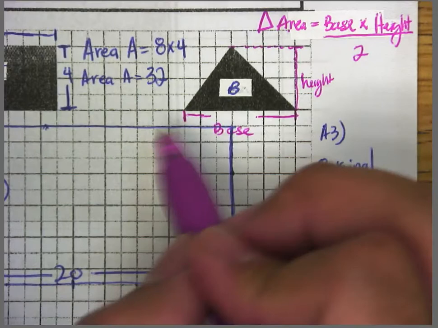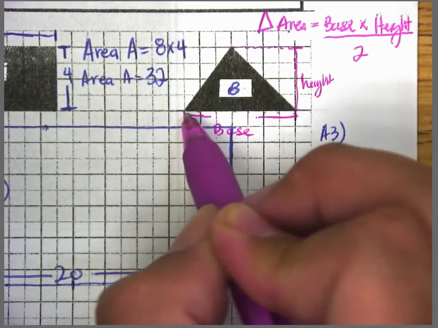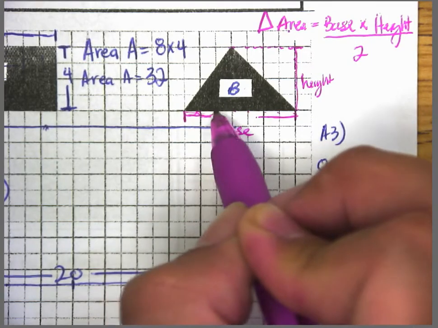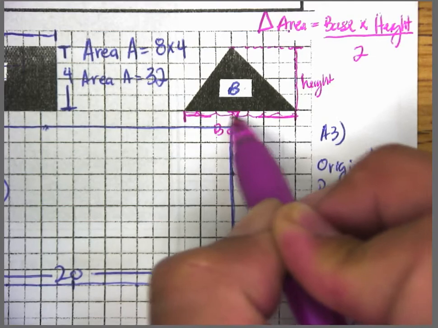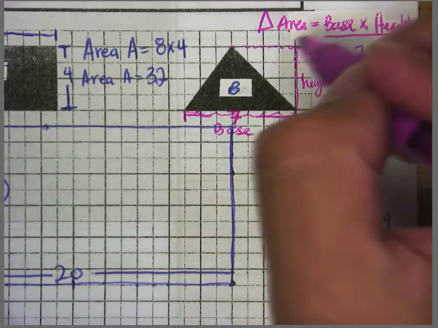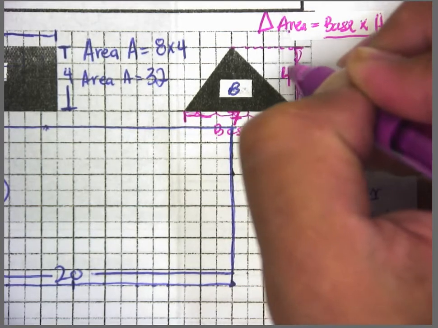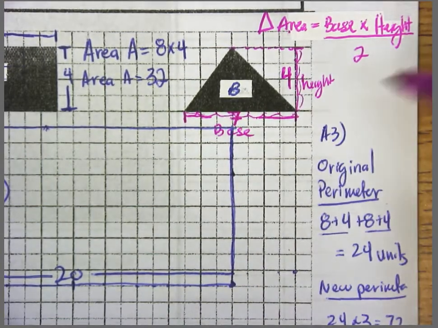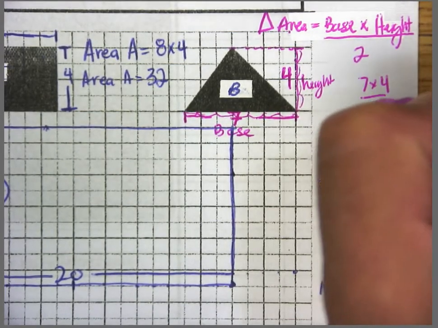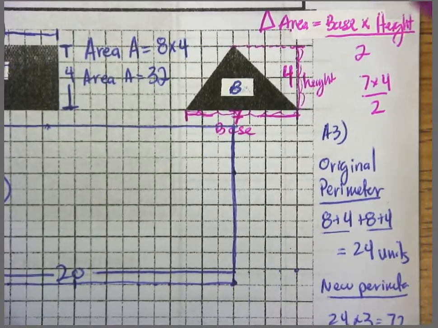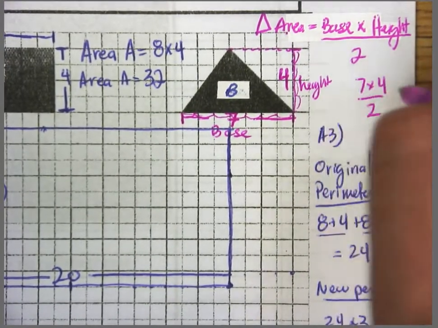So in this case, my base is 1, 2, 3, 4, 5, 6, 7. Double check, 1, 2, 3, 4, 5, 6, 7. Good. My base is 7, and I've got a height of 1, 2, 3, 4. So 7 times 4, and I'm going to divide it by 2. We should have learned this last year. So just a reminder, we end up with